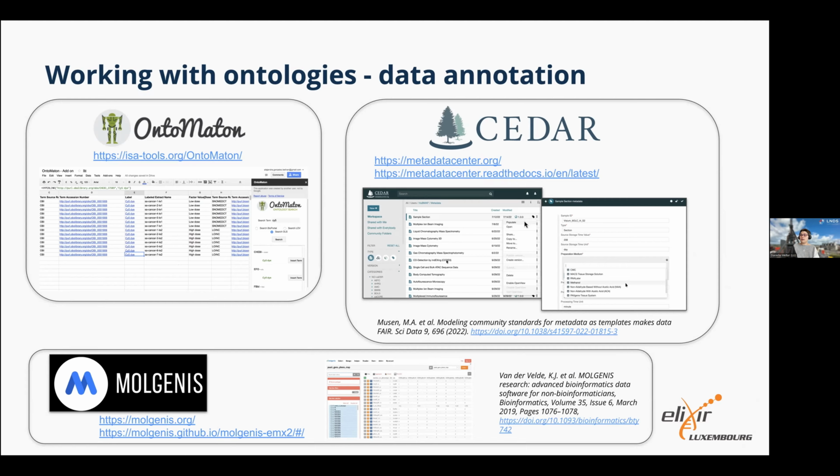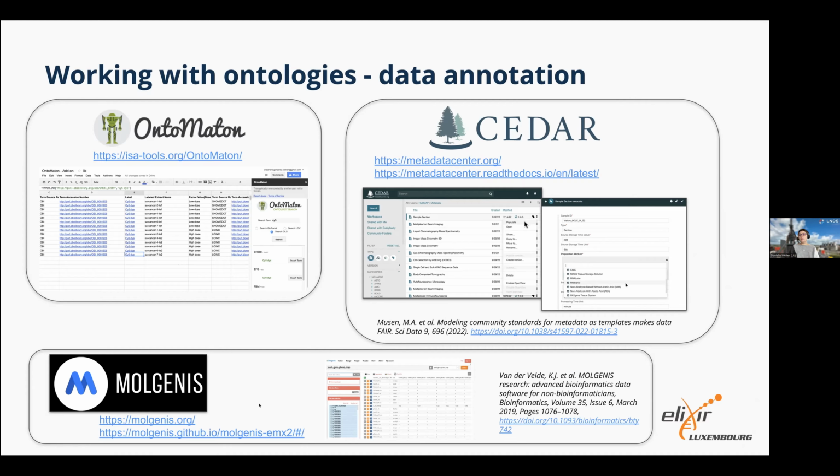On the US side, the same people who develop BioPortal have also released something called the CEDAR Workbench. So it's an online platform. You log into it, and then you can build metadata templates with ontology terms built into it, and then your users on your project can go and fill their metadata in and so on. I haven't used it widely, but I know some US projects that use it and rate it very, very highly.